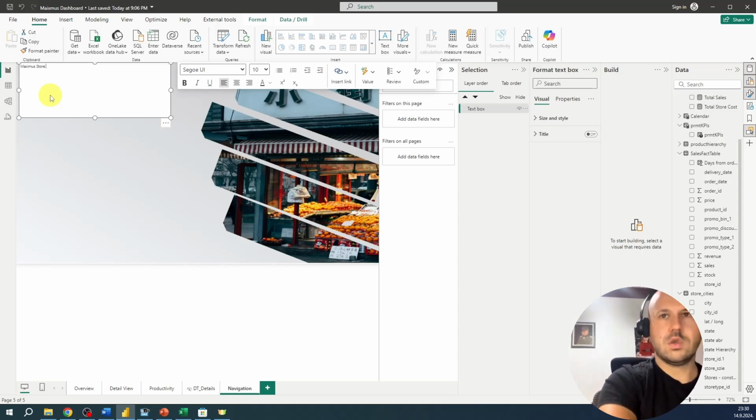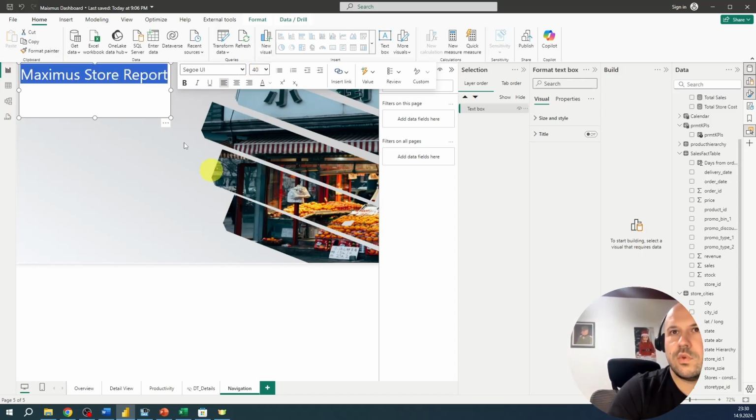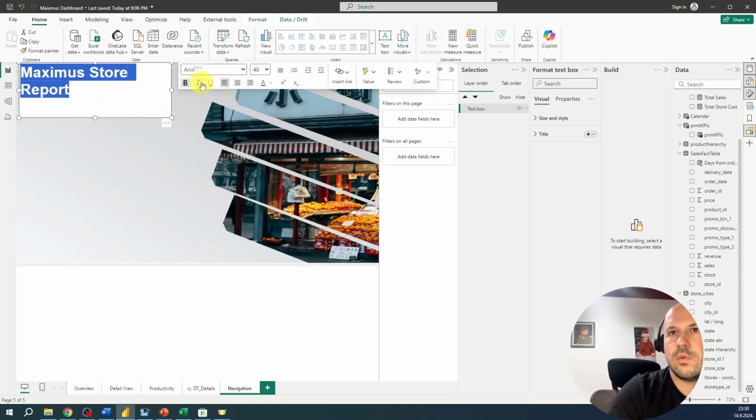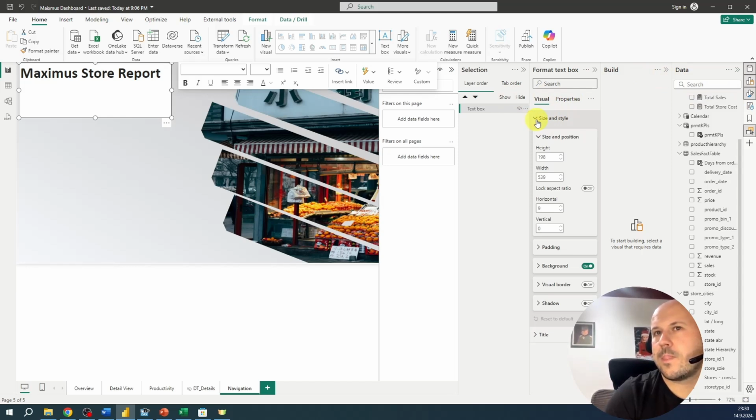Maximus. Store. Report. Let's change the font to, I don't know, maybe we should change the font. No, this one is not good. Okay, let's use this one. And okay, where is format, size and style? I want to change the color of